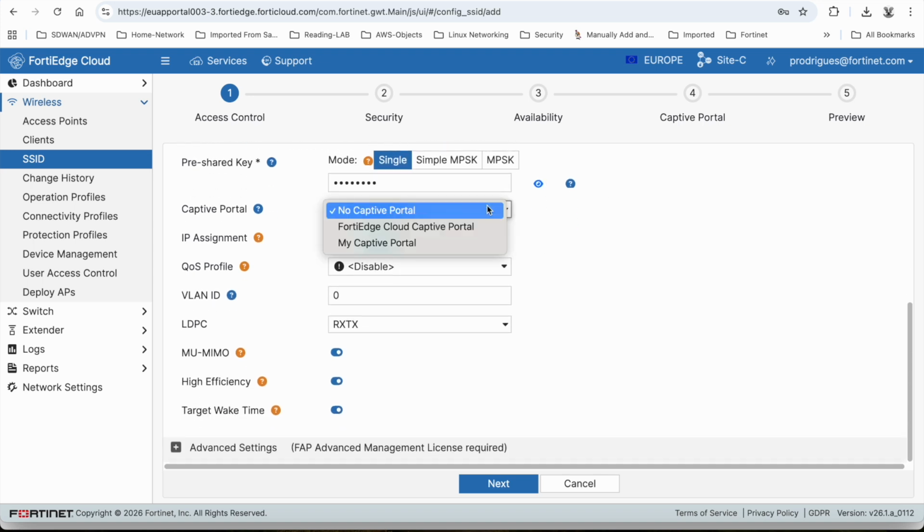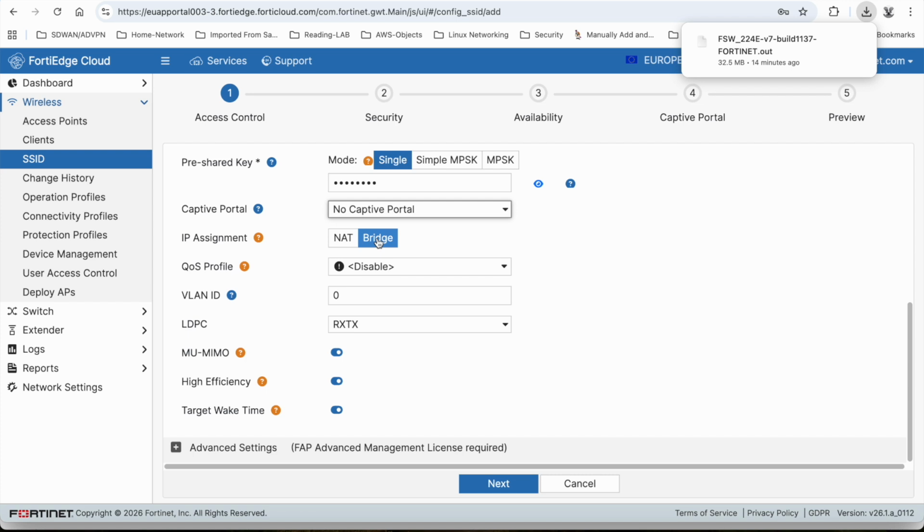You can use a captive portal as well, either the built-in captive portal, or you can redirect it to one if you have one. Then you've got the choice of whether it's going to be NAT mode or bridge mode. Here I'm going to use bridge mode because, in essence, the switch and the access point have gotten an IP address from the upstream router. If I put the access point into bridge mode, then all the clients will simply get an IP address